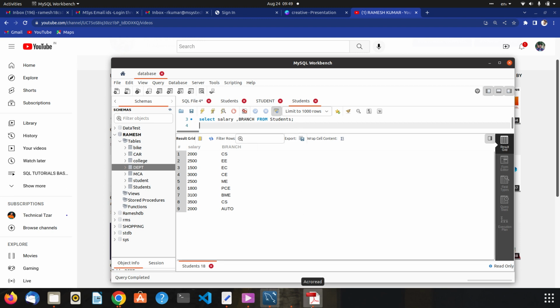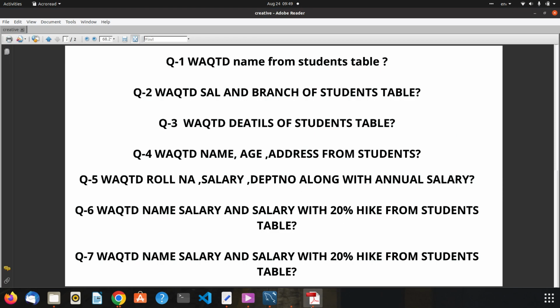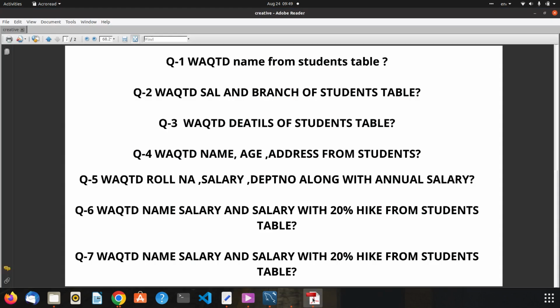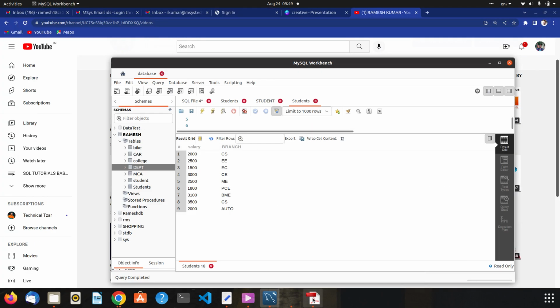Next question is write details of student table. I already said that details of the whole student table is select star from table name. So that shows all details of the student table. And next question, write a query to display name, age, address from student. So write a query: select name, comma, age, comma, address, from which table? Student table.